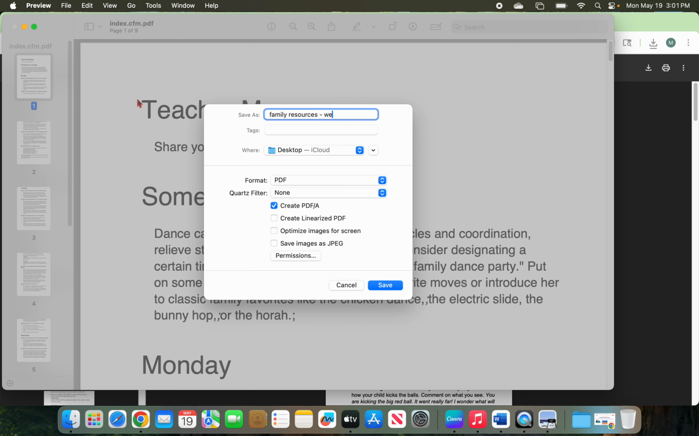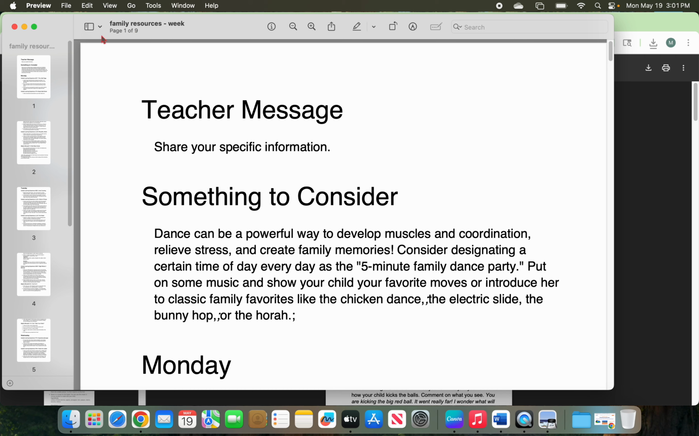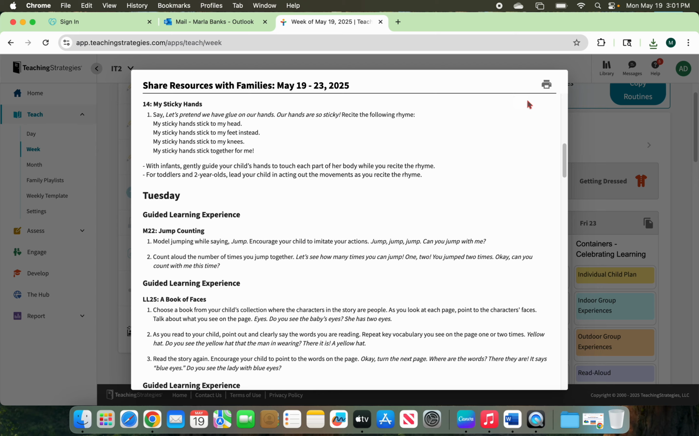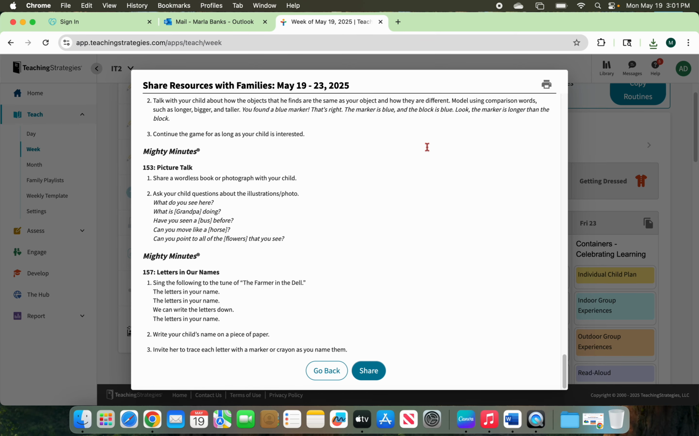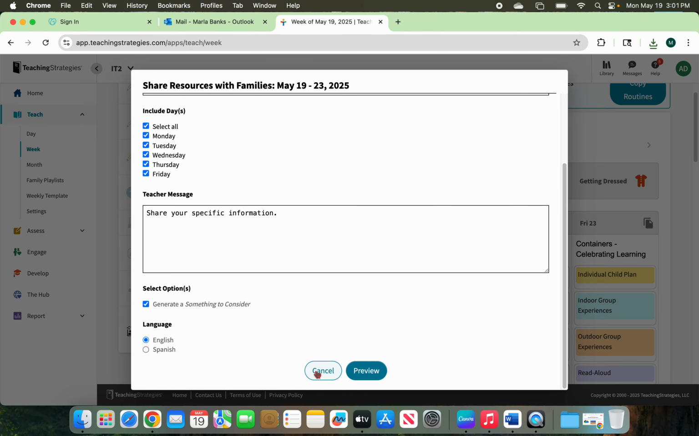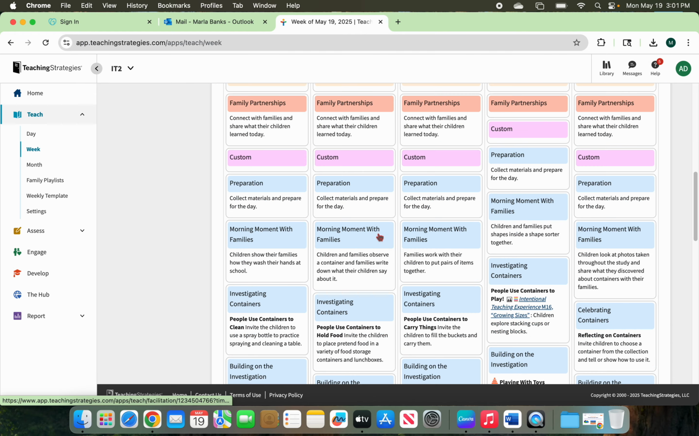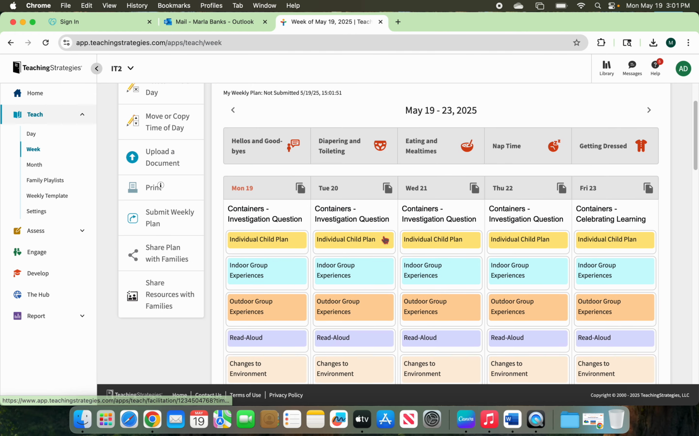Then I'm going to put the week that it's for. And I want to make sure that I create it in a PDF format. So I have that box checked here and I'm going to save that. Okay, so I have my family resources. So now all of that is set to go. So now I'm going to go back to the resources page. And I don't need that. So now I have it tucked away for me to add to my family portal or from my family section